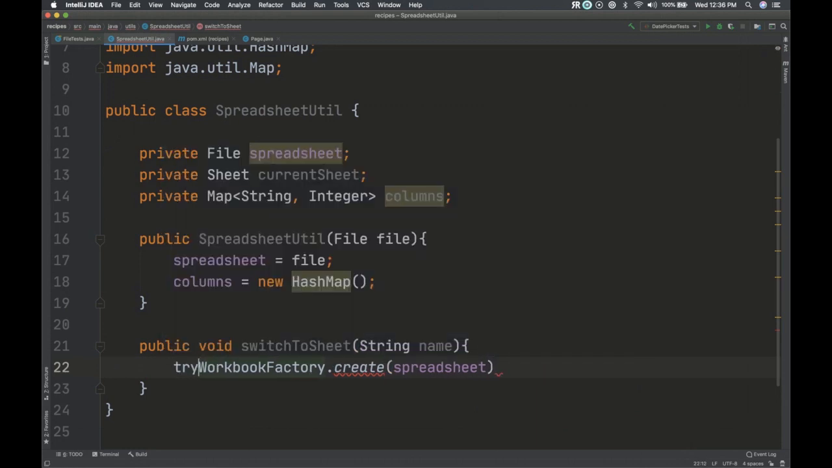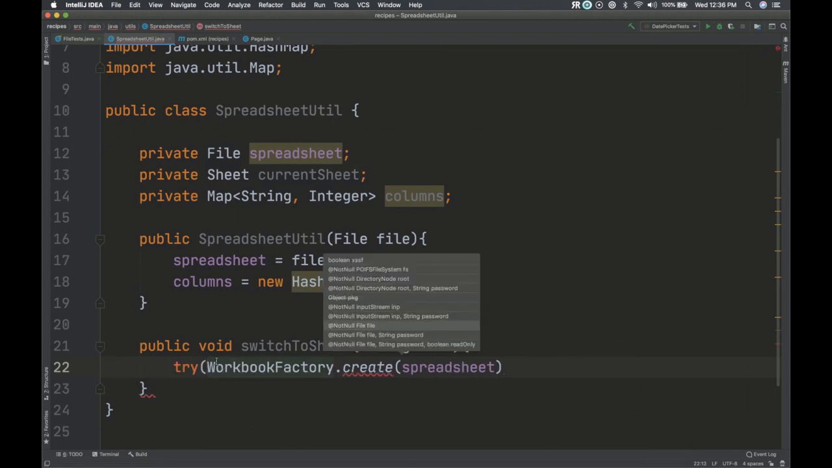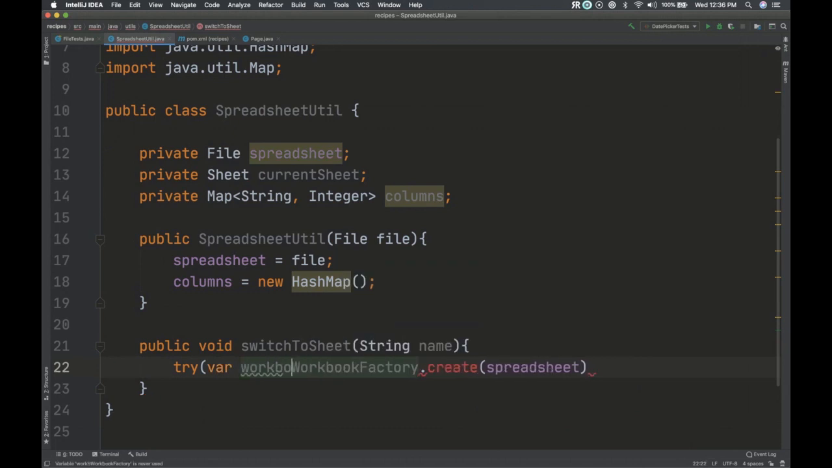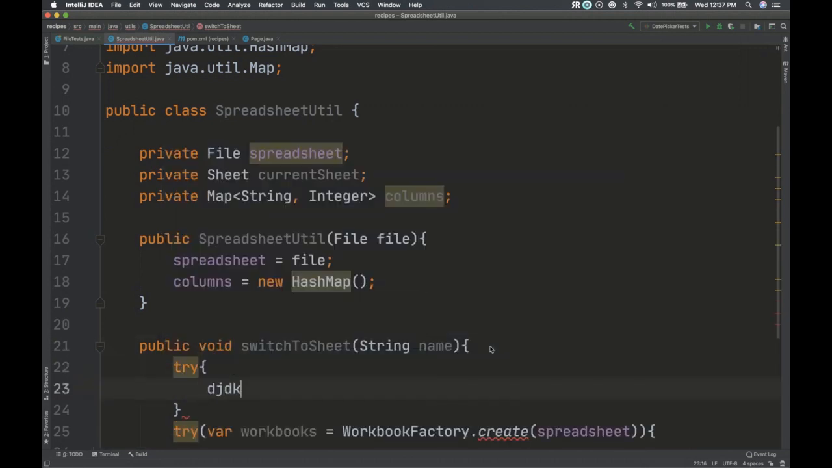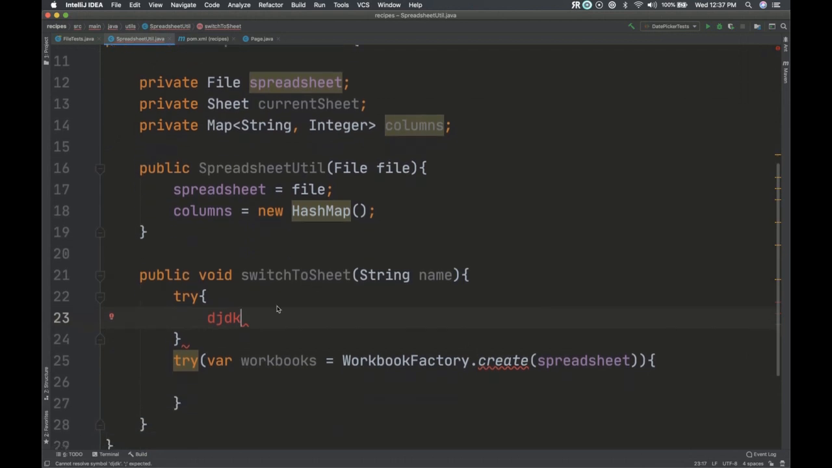This is something a lot of people don't use. Let me show you. I can actually instantiate, let's call this workbooks, the resource that I'm going to use inside of this try. Usually try would be like this, try, and then we'd do our instantiation right there. But if you have something that you're going to need to close,